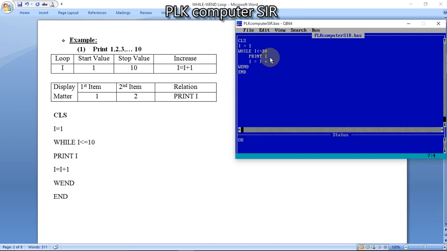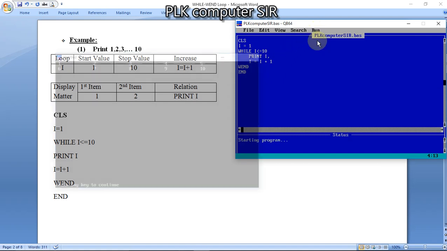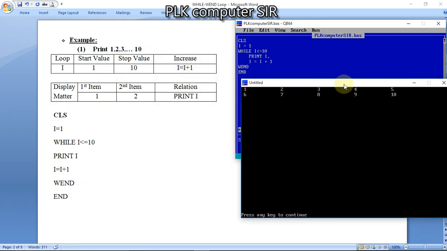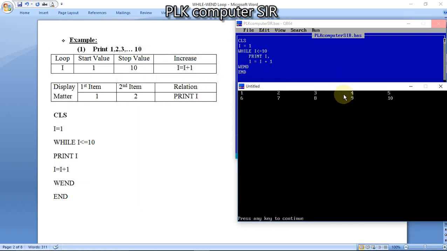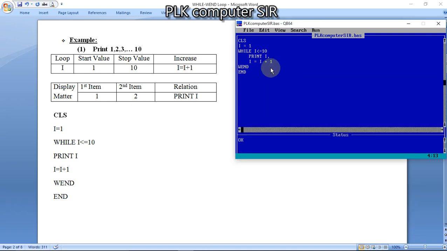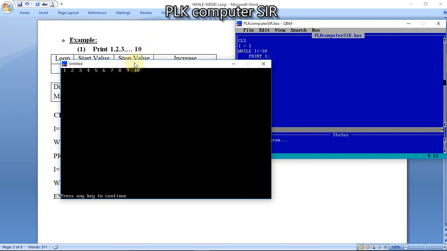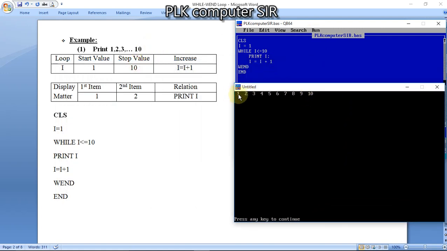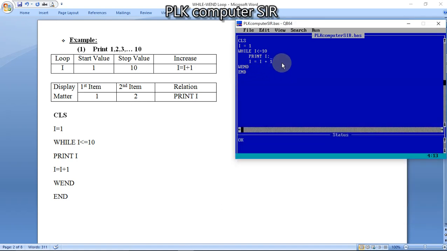If we use a comma here, then it will come in 5 different printing zones. Look, 1 2 3 4 5 6 7 8 9 10, printed in different zones. If we use a semicolon here, then one after another without gap or space it will come. So you can look here 1 2 3 4 5 6 7 8 9 10. So there are three types of printing, any one you can use.